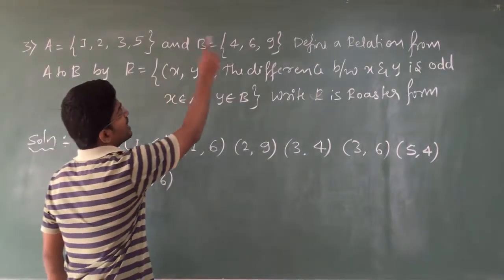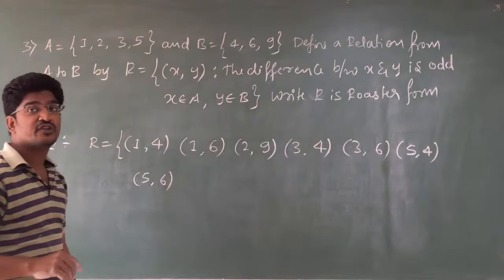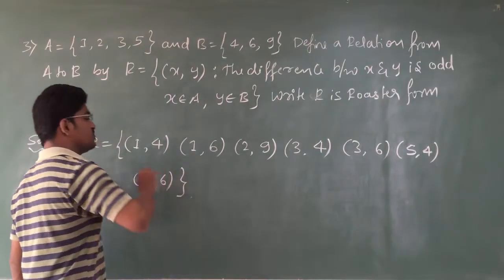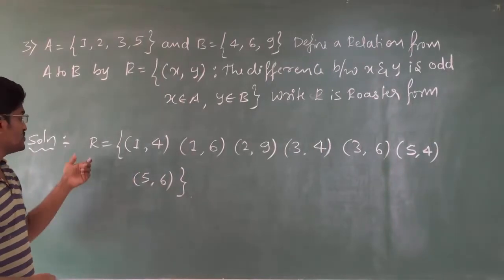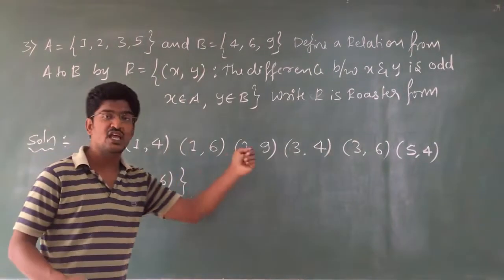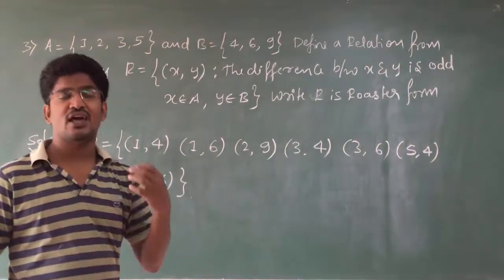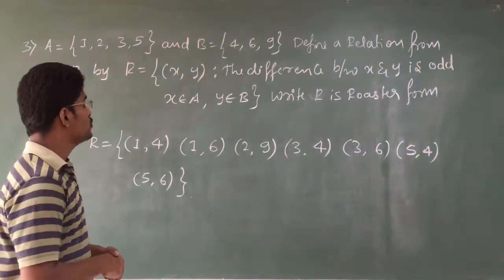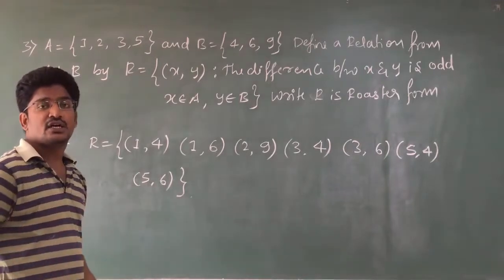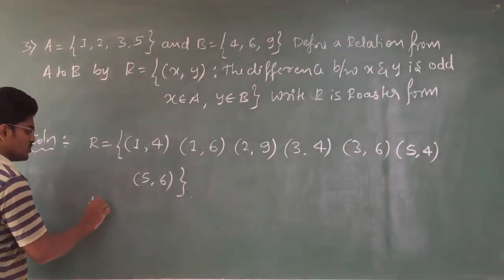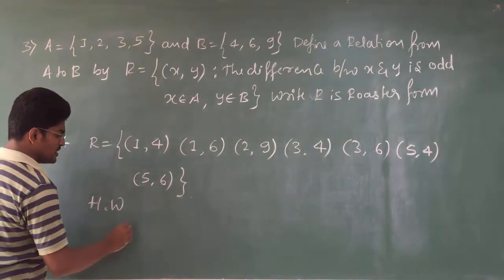For 5, I can't choose 9 because the difference will be 4. 4 is an even number. Clear? So this much is your relation R, which we have written in roster form. Here they have not asked domain, codomain and range. No problem. So try to write domain, codomain and range as homework. It is not in the question, but take it as homework to write